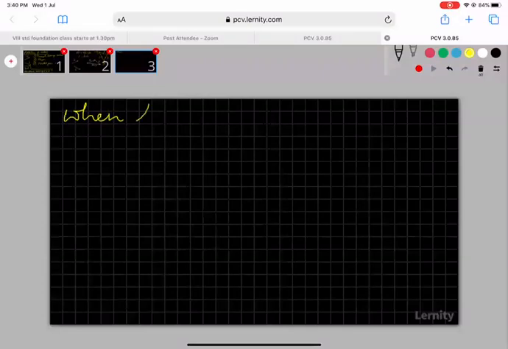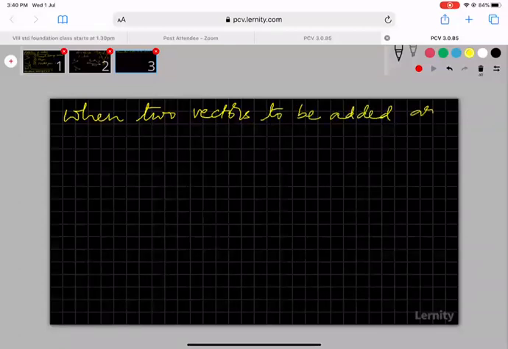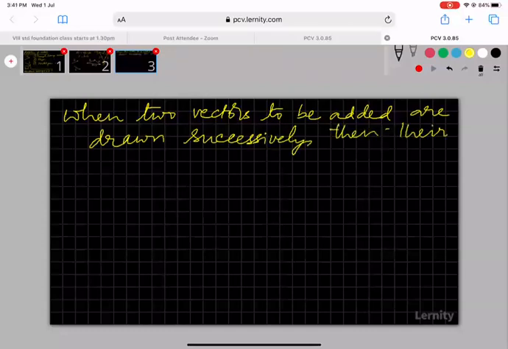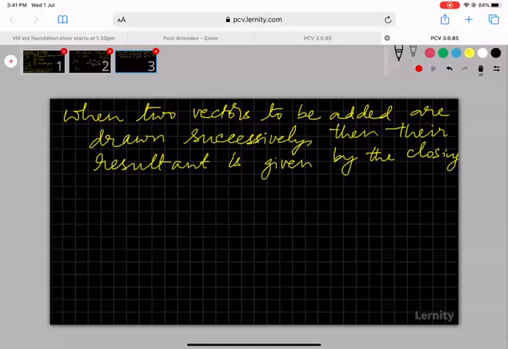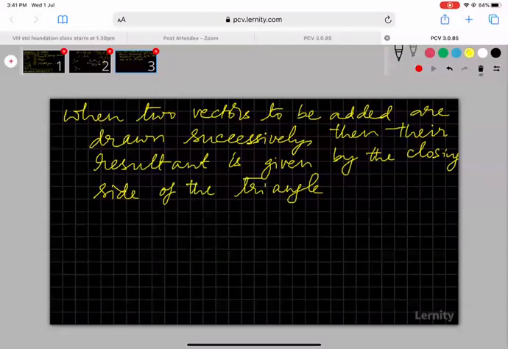When two vectors are to be added or drawn successively, then their resultant is given by the closing side of the triangle. So you already have two sides. If you have to form a triangle, you have to draw the third side, the closing side we call that. Closing side of the triangle